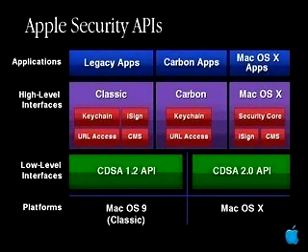So this is a map of where the APIs are and where you can call them from. It's actually a pretty important slide. On the left-hand side are legacy apps, which are your pre-Carbon Mac OS 9 applications. And the APIs that are there are those that we shipped with Mac OS 9, the keychain, URL access, iSign, which is Macintosh file signing, and the CMS APIs. All those are still there in Classic, and they're built on top of CDSA 1.2. So those apps will just work in Classic on OS 10, and they'll continue to work on Mac OS 9,